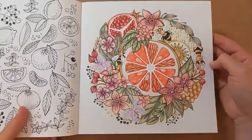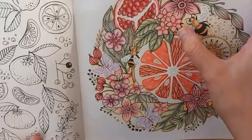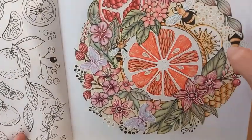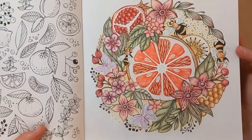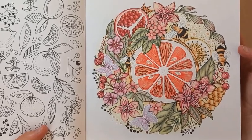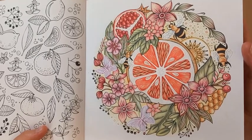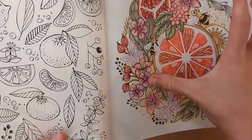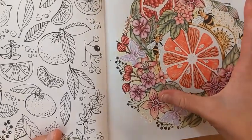of the bees. Loads of white gel pen, as I said, and fine liner to add stripes on those flowers because they just looked a bit boring without a fine liner or something as an extra. And when I've burnished, it's hard to then go back over with more pencils, so the fine liner does do the job. I particularly like this colour combination of these purpley pink flowers and these ones actually, so I'm glad